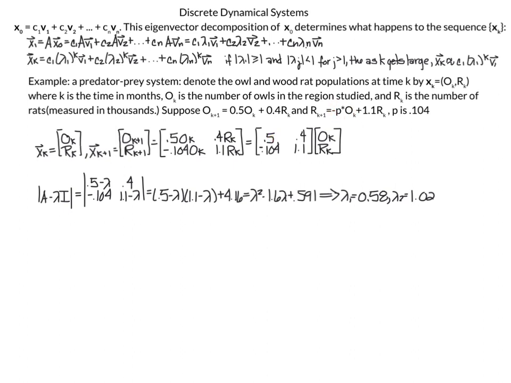My predation on the owls is negative 1.04. Then I have my 0.4 for my rat population, and over here for my rat I have 1.1. So you can multiply this out and see that you get these two equations. Once you have verified that, to find my eigenvalues, I'm going to take the determinant of A minus lambda I,